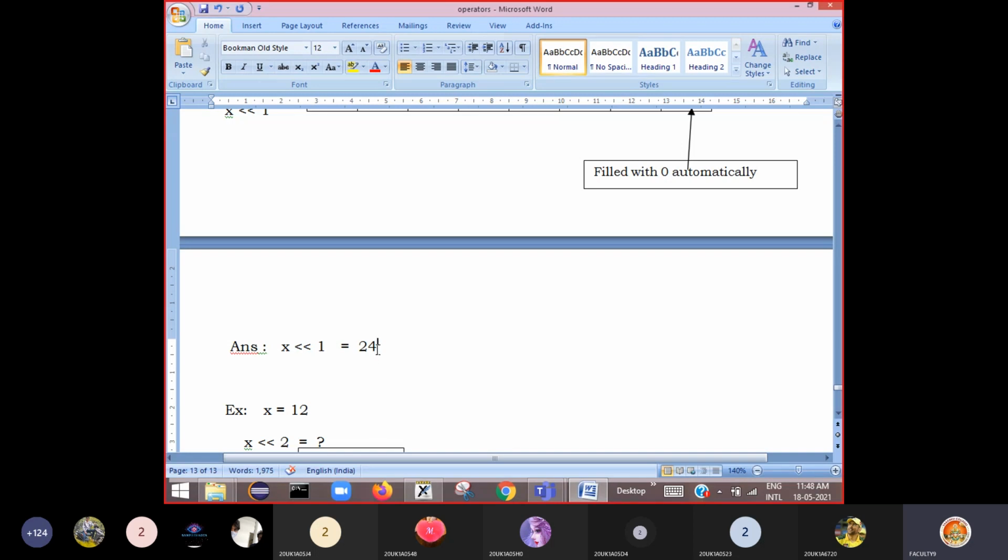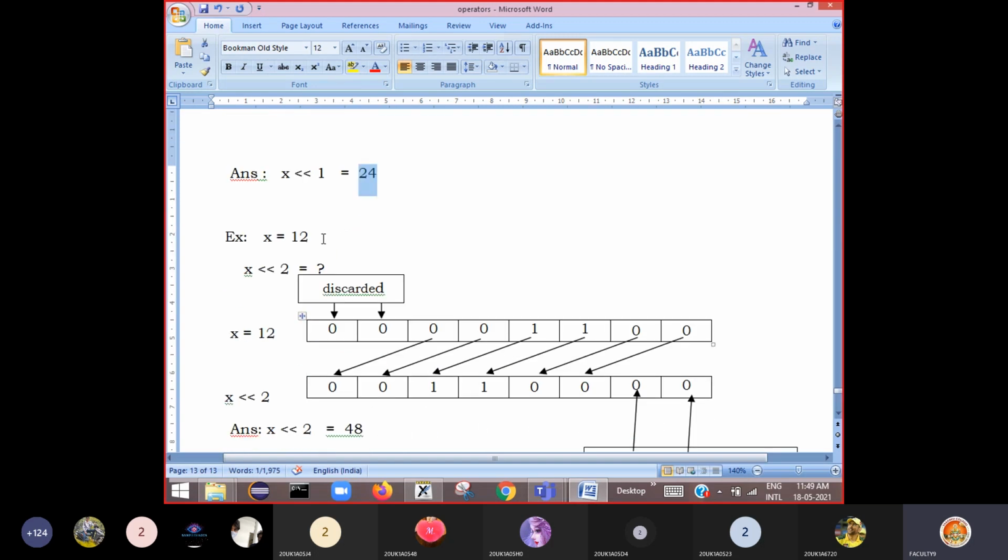The number gets doubled. Okay, so inside the computer, instead of moving the bits towards left, you can also say, sir, you can do multiplication with 2. Okay, so multiplication is very costly in terms of hardware. It generates a lot of heat, but if you simply just move towards left, then that is very easy and the number gets doubled. Okay, so remember here, when you move one bit position towards left, the number gets doubled.